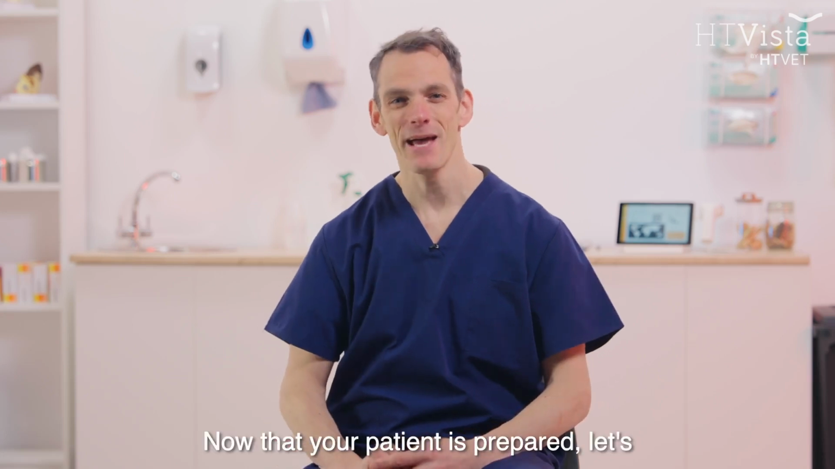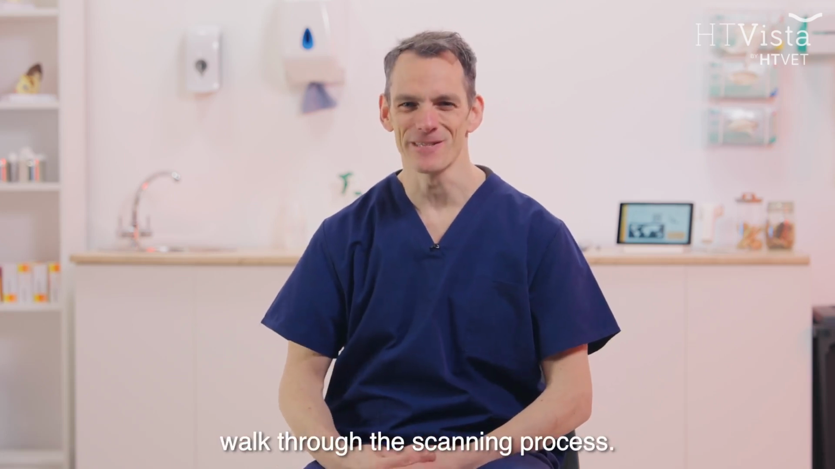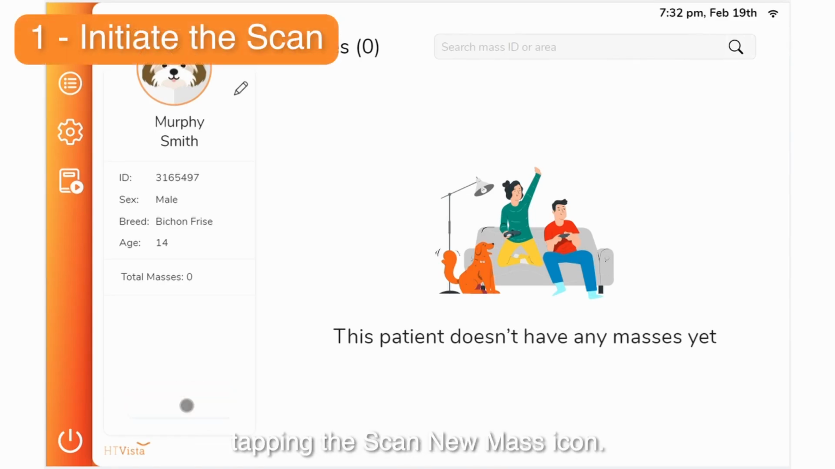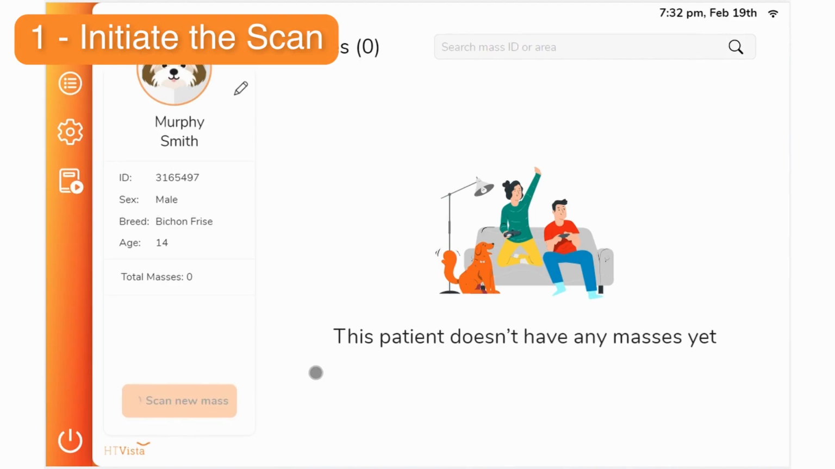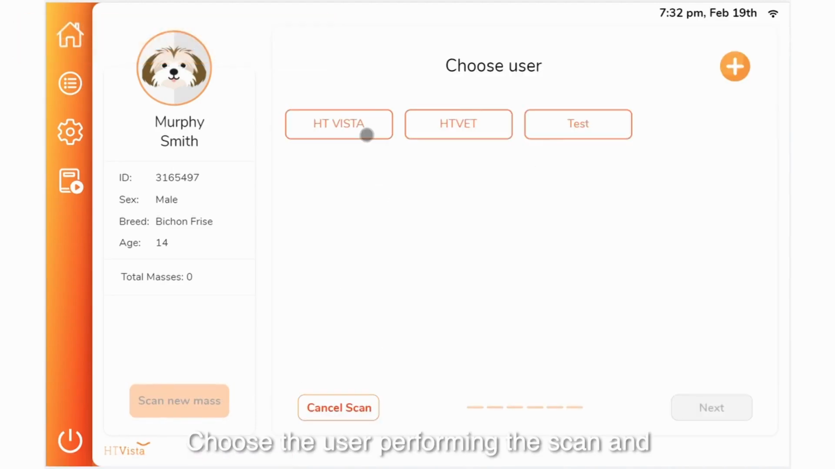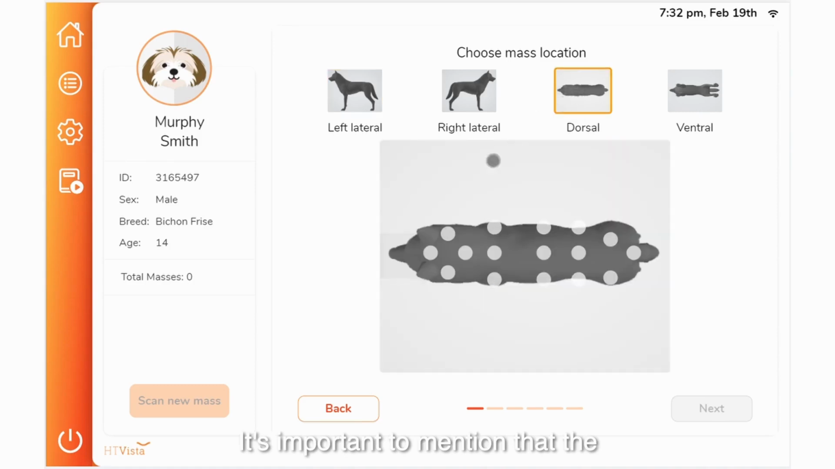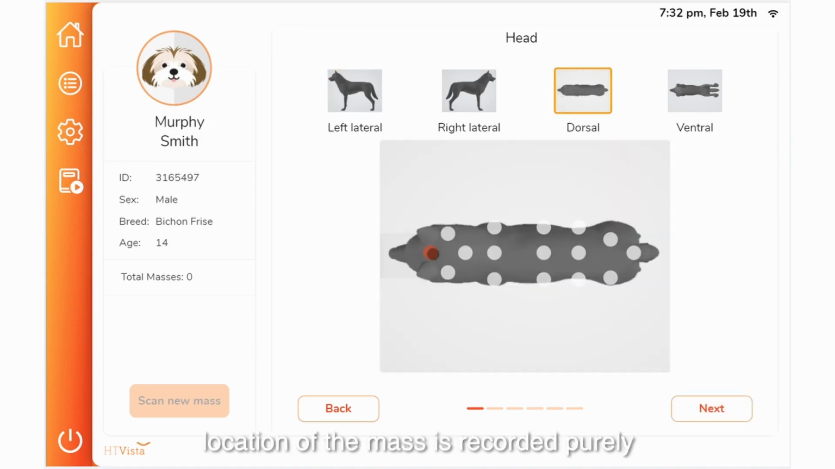Now that your patient is prepared, let's walk through the scanning process. On the patient record screen, begin by tapping the Scan New Mass icon. Choose the user performing the scan and select the mass location. It's important to mention that the location of the mass is recorded purely for record keeping and doesn't affect the